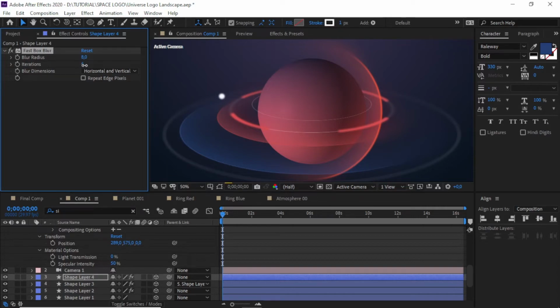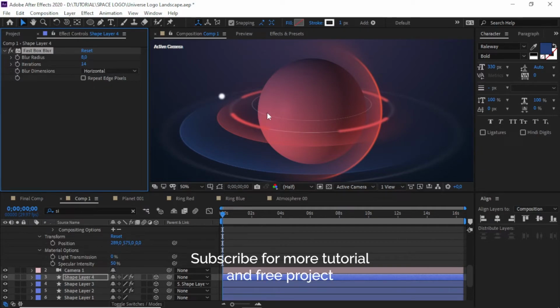Or this one, or only the horizontal, maybe like this. Yep, it was pretty good.